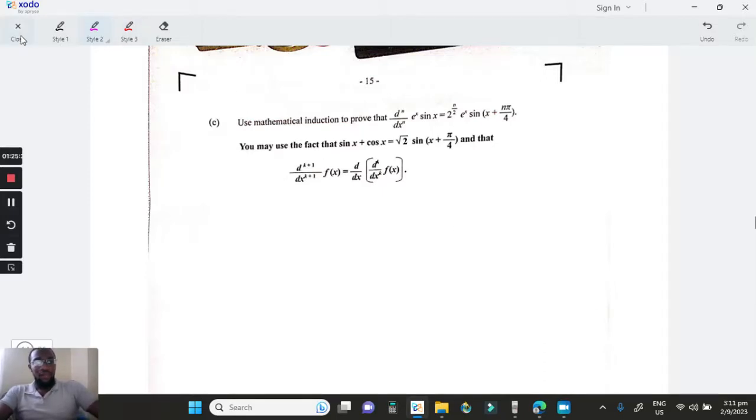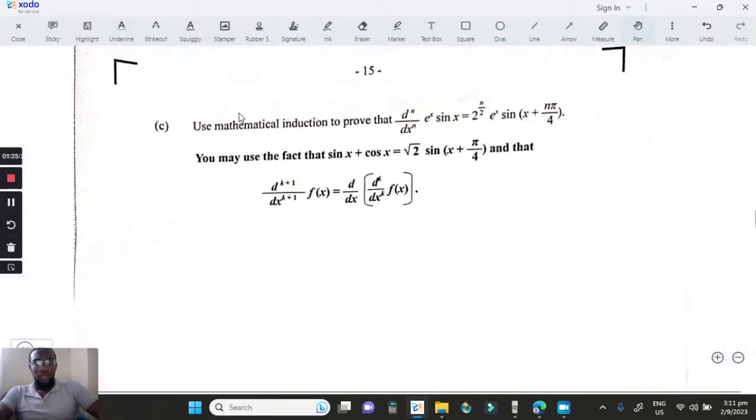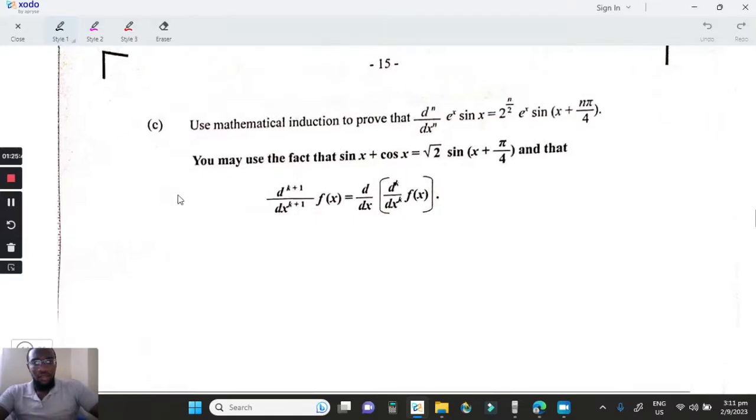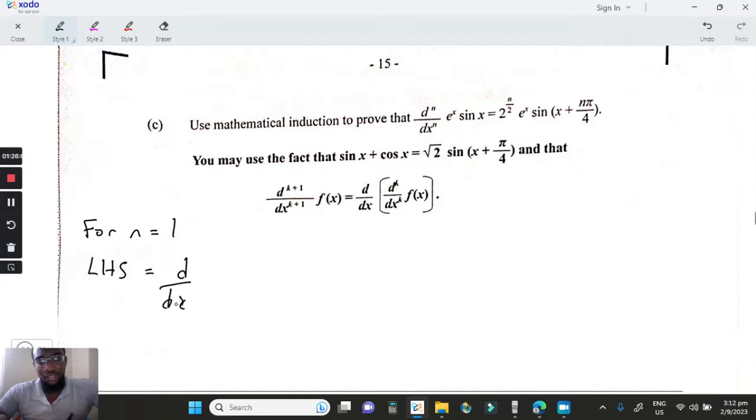The next part now. It says use mathematical induction to prove this. So to use mathematical induction, first thing, show that the nth derivative of this is this. Okay, no problem. So first, let's start with when n equal 1. So for n equal 1, the left-hand side is going to be the first derivative of e to the x